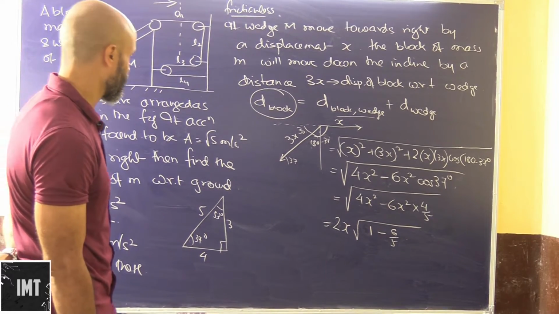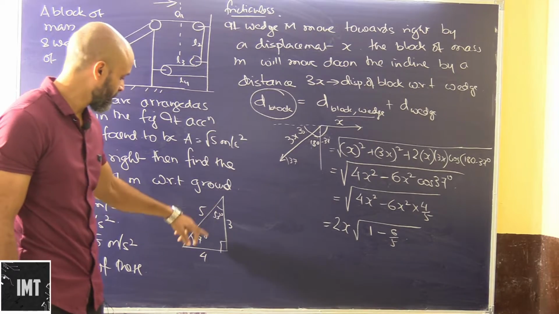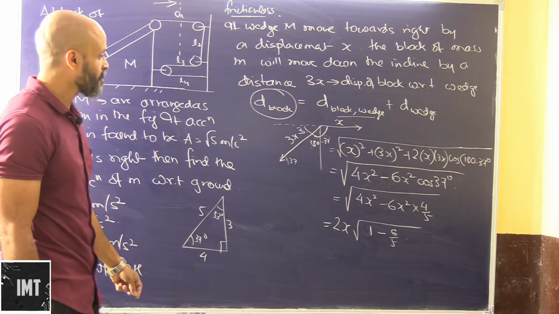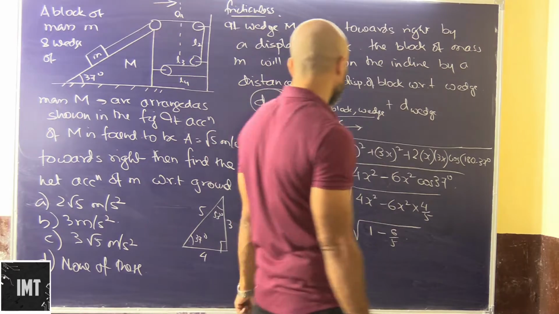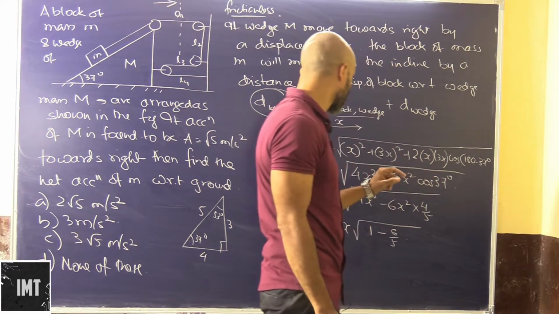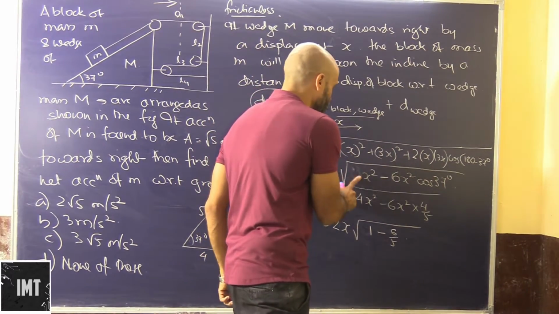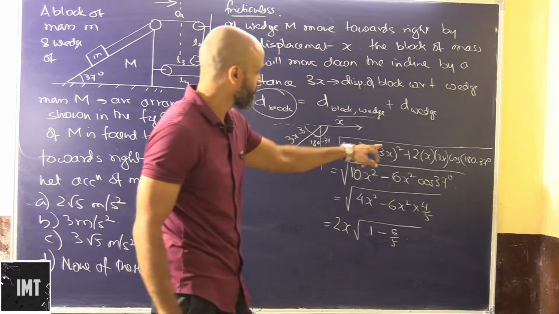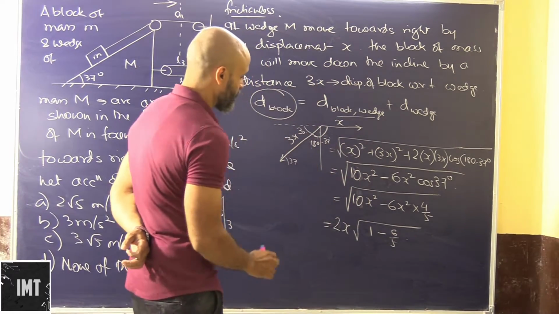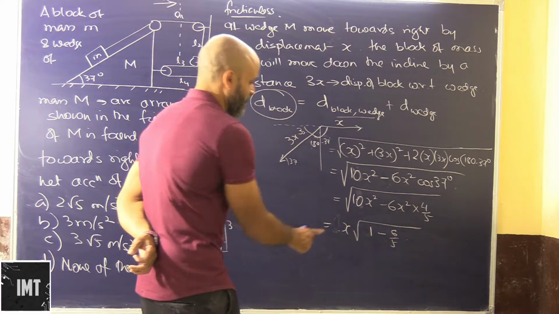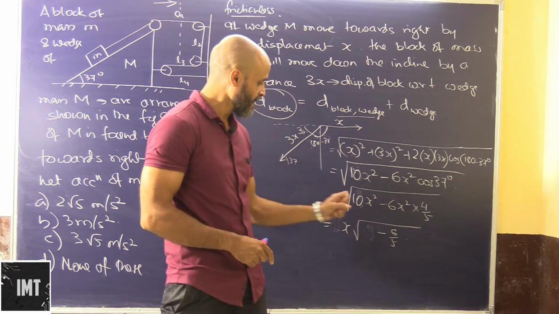Cos 37, smaller angle, smaller side, bigger angle, bigger side. Okay. Cos 37, 2 into x into 3x, that is 6x square. x square plus 3x square should be 10x square, I am so sorry. So in this case we cannot pull a 2 out here. We can pull x square out, taking it as common.